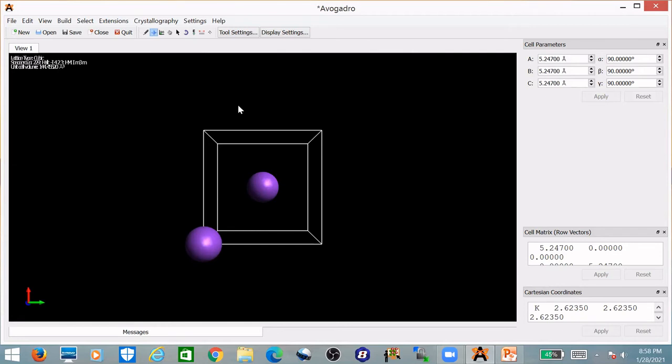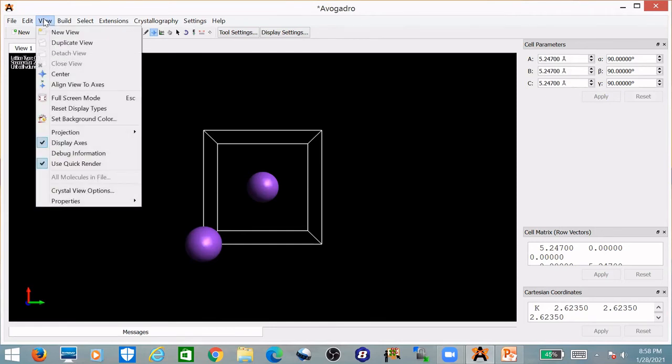Now, this is not the unit cell representation given in chemistry books. Normally, you'll find that atoms are present at each corner and one at the body center. To get that view, go to the view menu. There's an option called crystal view options.